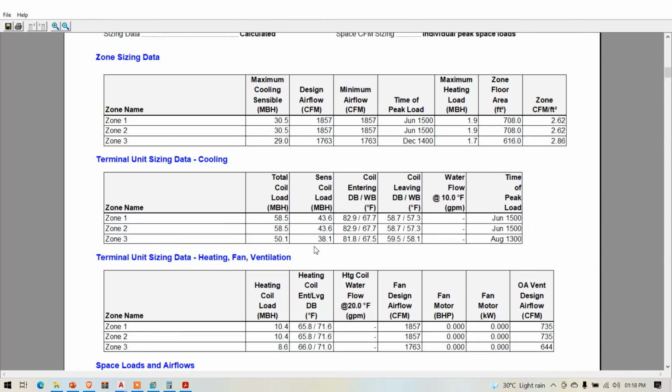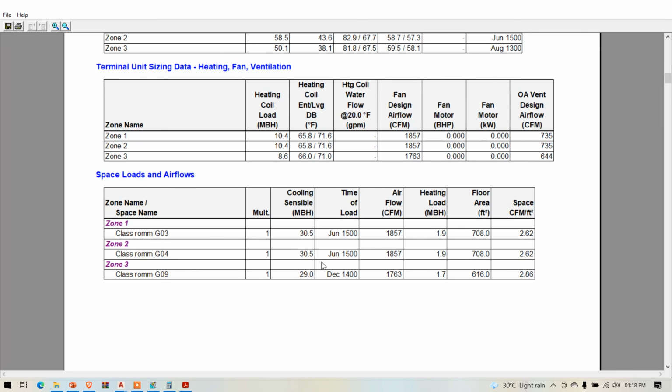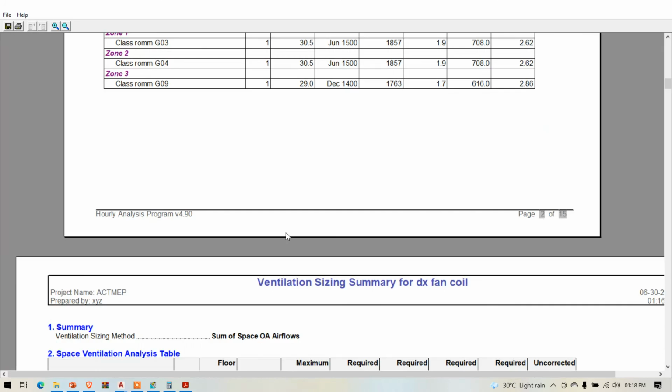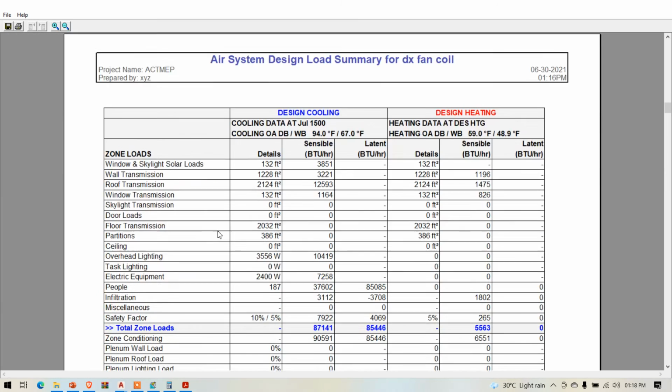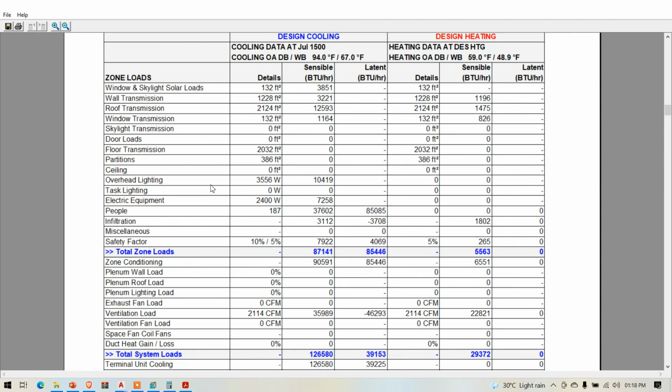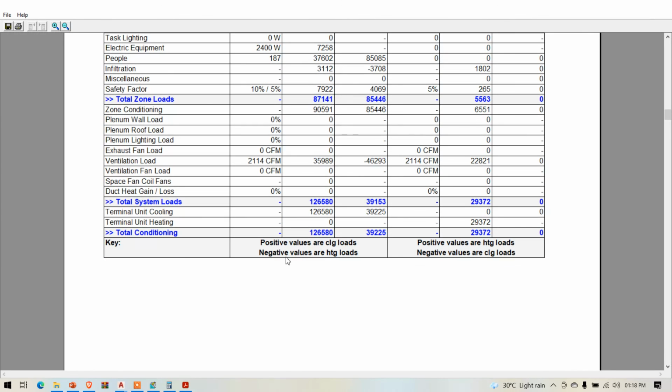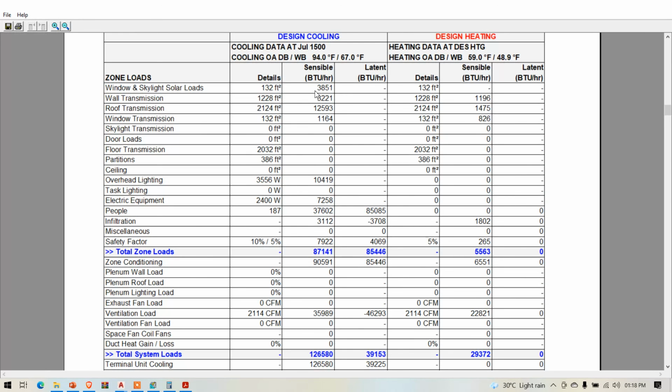Okay, and not only will you get the cooling load, if you want heating load also you will get the heating. See here, these are the cooling results: from the doors how much heat we are getting, from the roof how much heat we are getting, from the wall how much heat we are getting, all the BTUs, the total zone load. See here they are giving the total load in terms of BTU, British thermal unit,